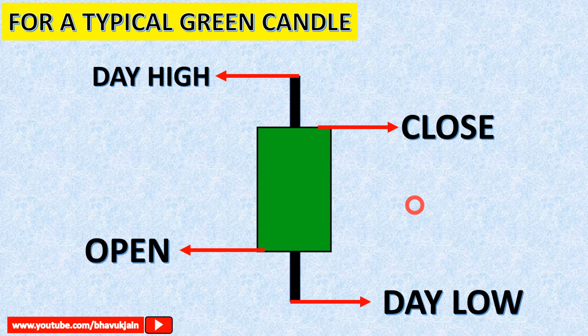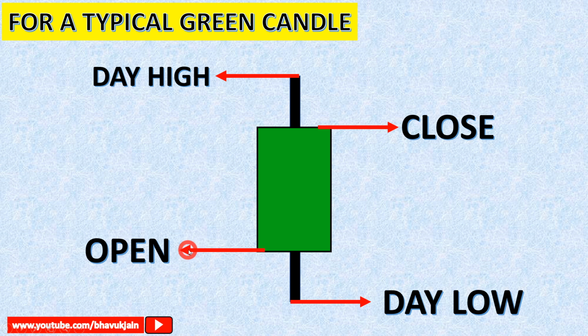For a typical green candle, the prices work together in this manner. Just take an overview. We will discuss in detail with the help of examples later in this video. Now see here the formation of a green candle, how it is made. The price opens here, the open price is somewhere around here. Price goes as high as this, that is the upper end of the wick. It goes as low as this, the lower end of the wick, and it closes here. So the price moves in this manner.